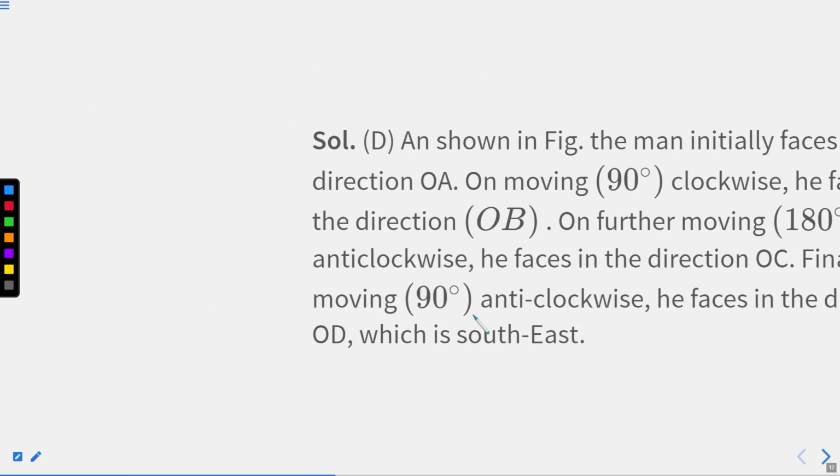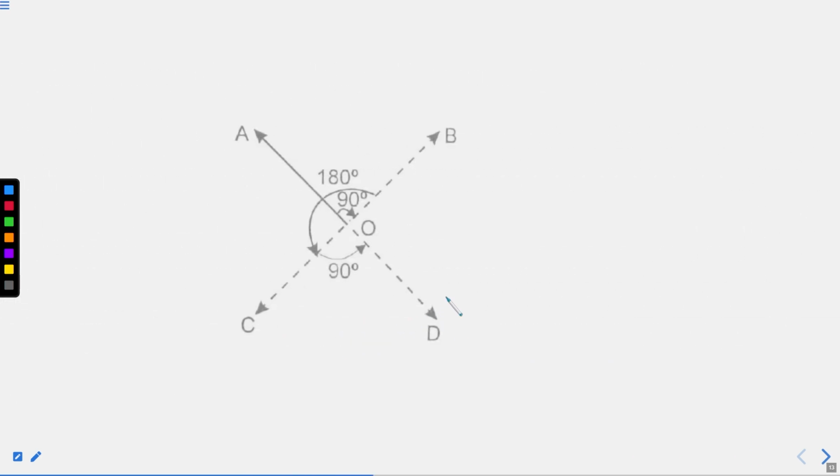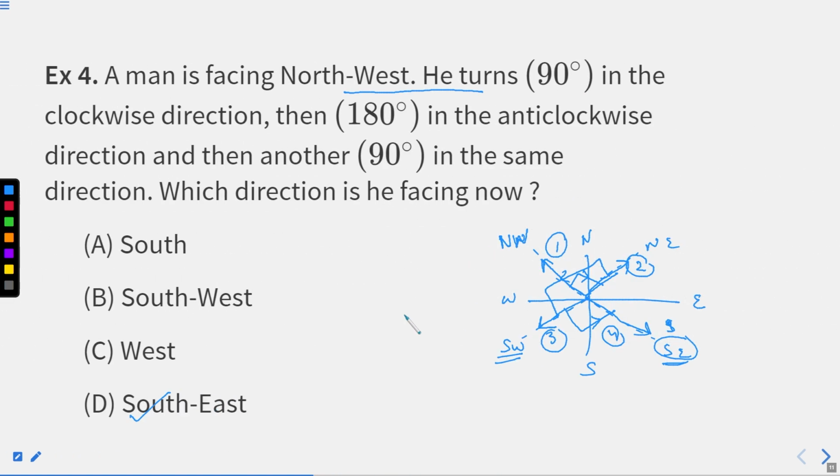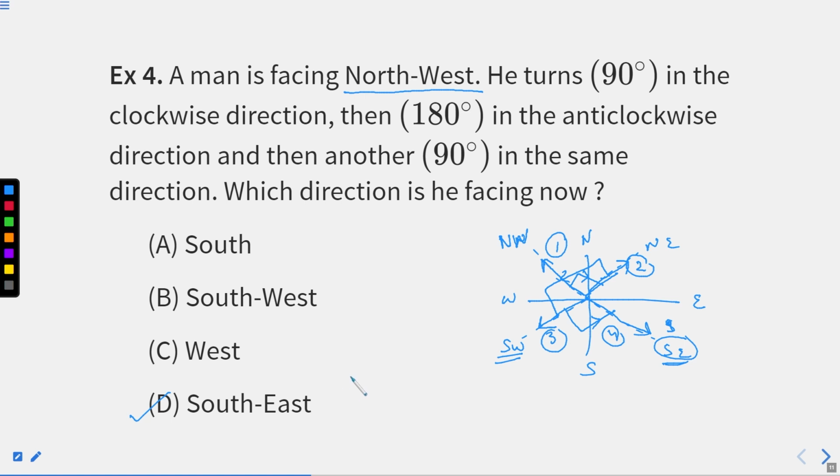For that, you can see here as well, right? First we move in that direction, then in this direction, then in this direction, and we'll eventually find ourselves in this direction. Here you can see the complete written solution as well. So the answer will be northeast for this particular question. I hope you are clear with all the directions. I know this diagram is hazy, so for a clear understanding, you can go back and rewatch this video.